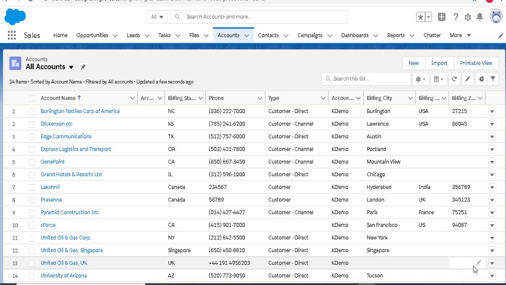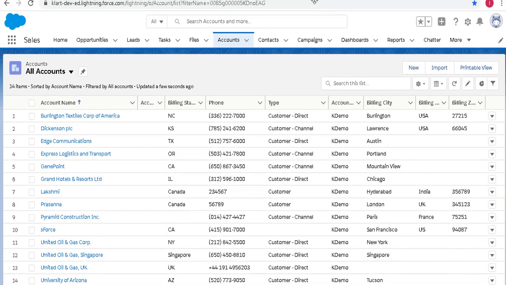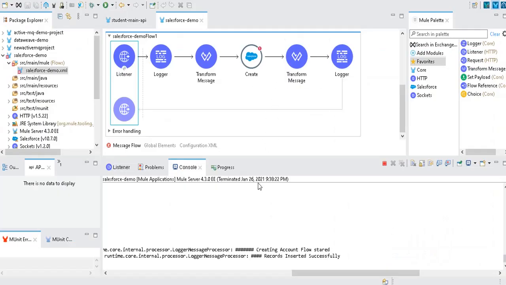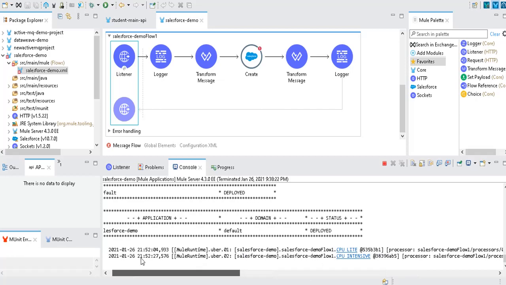Right? So this is how you need to work with the Salesforce connector in order to create new records. For now, in this example, we have created these two records in the accounts object. You can practice this with all other objects. And in your real-time projects also, you will have requirements like creating new records in any of these objects. I hope this video is useful for you all, on how you can use this Salesforce connector, how you can query and how you can create a new object. So if you didn't watch our previous videos, just watch them in this playlist.